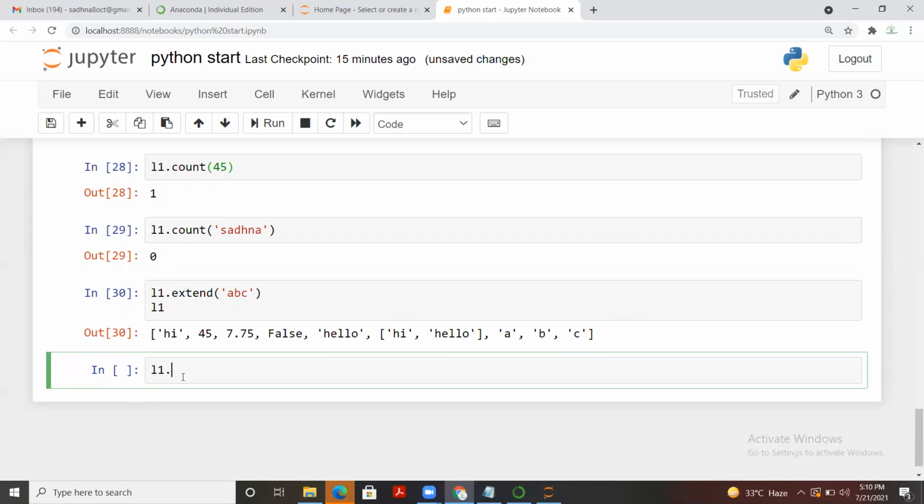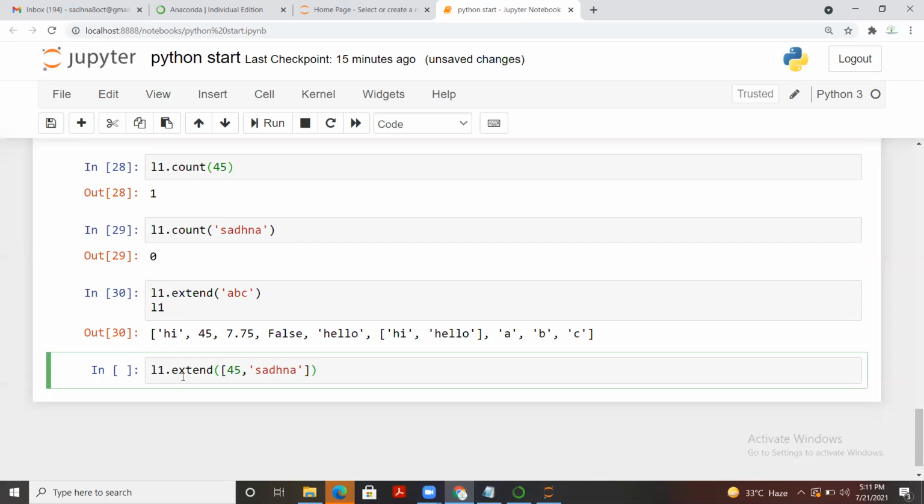The other way to use extend is you can add multiple elements to this list, but in square brackets. Let's say I want to add 45 and, let's say, sadhana, anything.